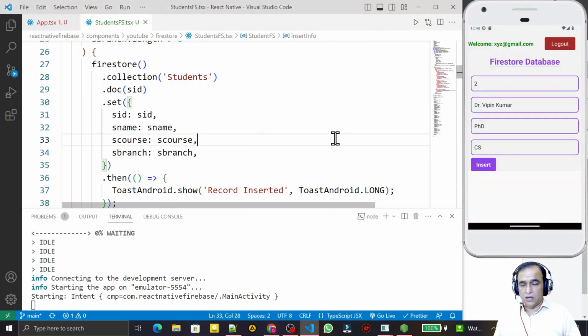So I think now it is clear to you how to insert a record in Firestore using React Native